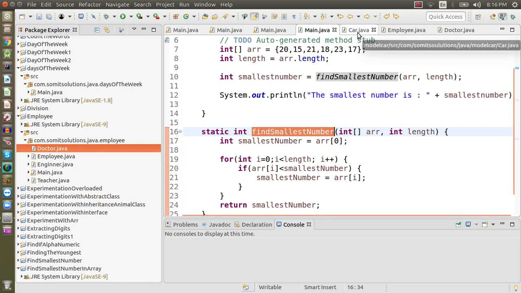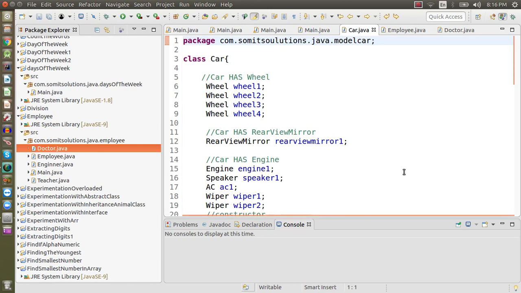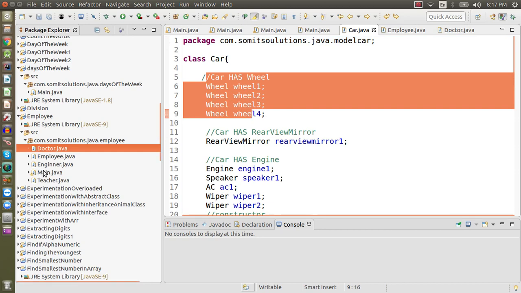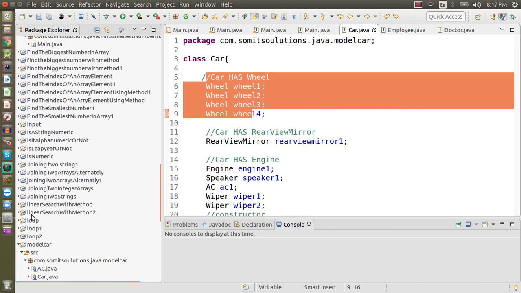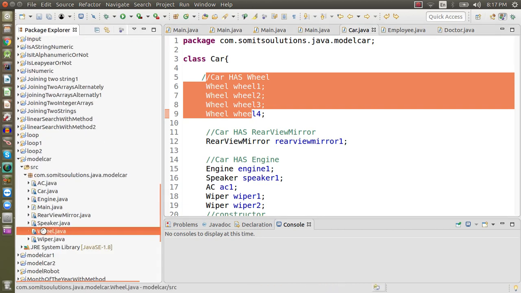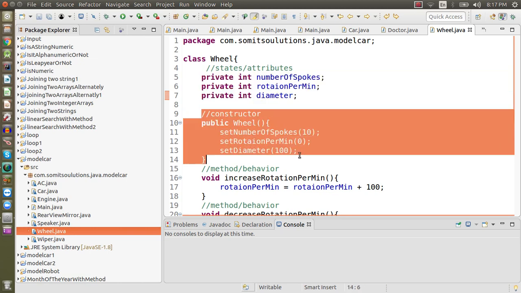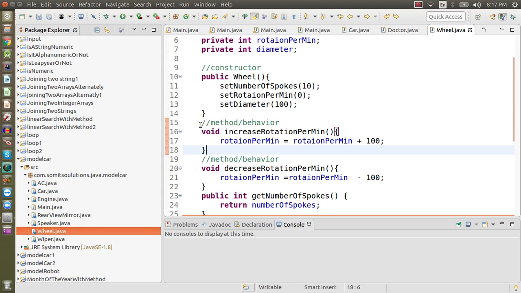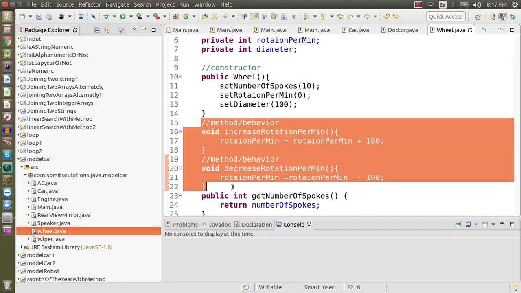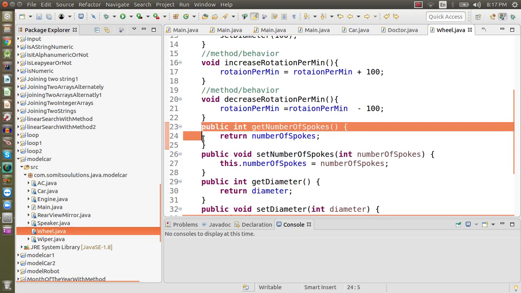Then I started learning the object-oriented side of Java. I started to write a class in Java. I started learning about attributes. This is the attribute, and the attribute should start with private, and then is the constructor, then is the method to increase the rotation per minute of the private attributes, and there are getters and setters to access them,